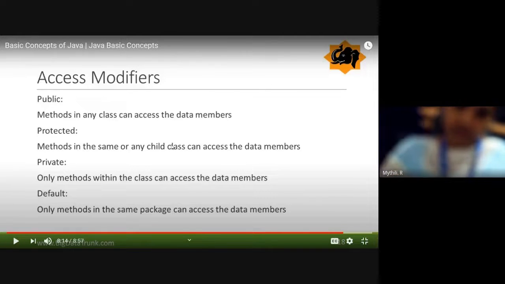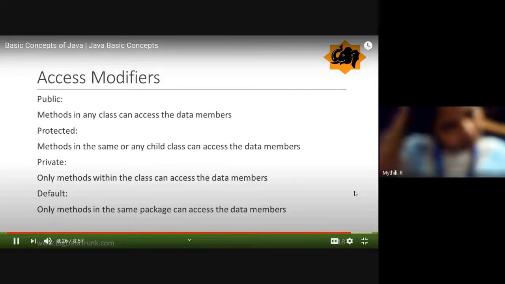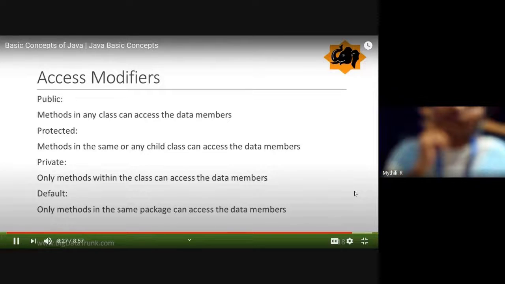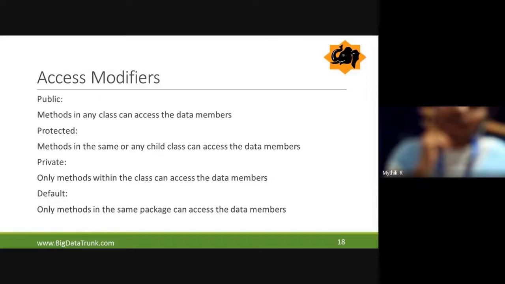Okay, there are four types of Java access modifiers: public, protected, private, default. Anything described as public, methods in any class can access the data members. For protected, methods in the same or any child class can access the data members. In private, only methods